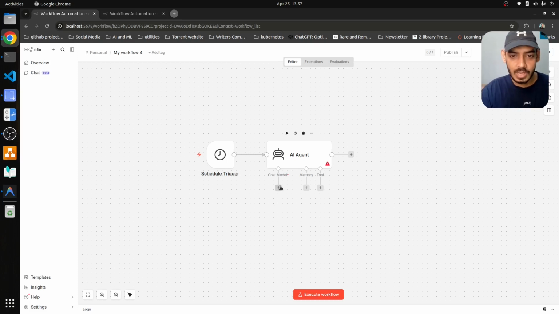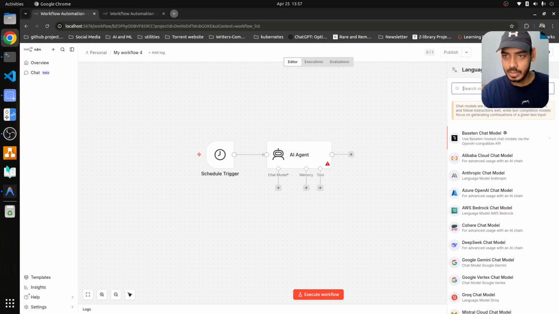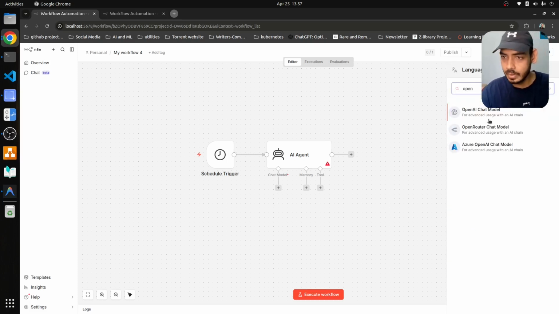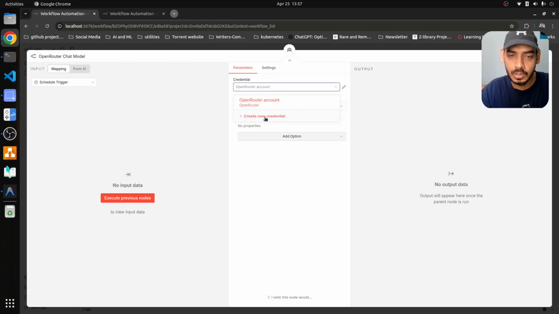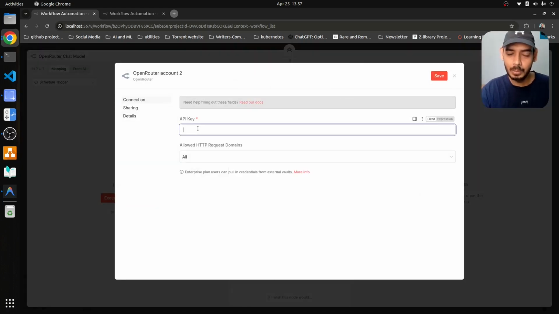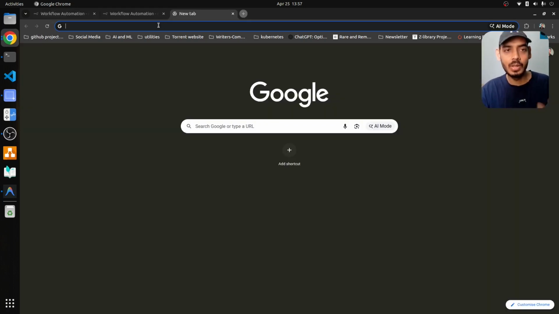Now for the chat model, let's click here, plus sign, OpenRouter, and use the OpenRouter chat model. So here you will notice that I have already set up the credentials as OpenRouter account. If you are doing it for the first time, then you have to create a new credential. You have to click here. You have to get the API key from OpenRouter. So where you have to go is,